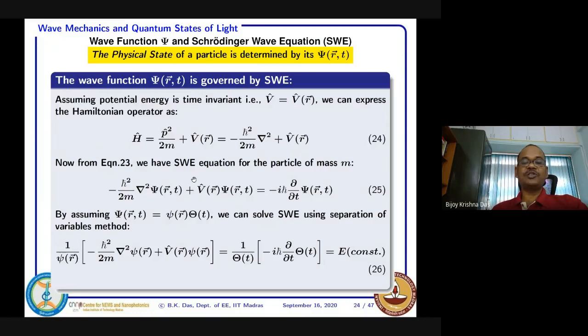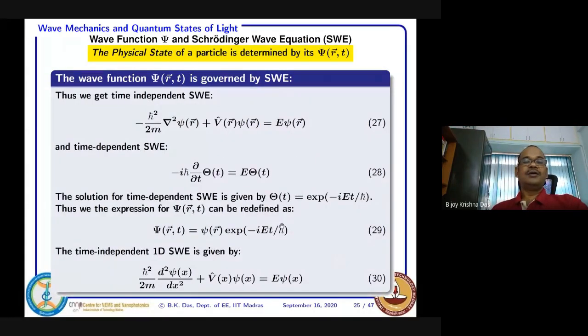If you substitute this psi value in equation 25, then you get this equation where I have introduced a constant called E. At this point I am just putting E as a constant, because this side equals this side, so each of them I can write equal to a constant E. Left hand side, right hand side equal, and each side is equal to a particular constant I have introduced. Now from 26,